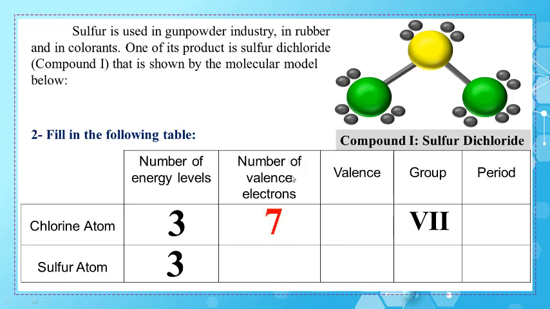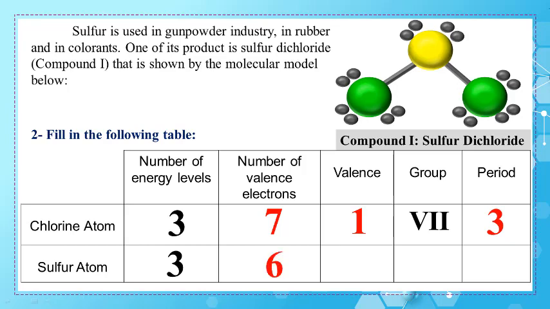The valence is the number of electrons needed to satisfy octet rule. The valence of chlorine is 1. The period is identified by the number of energy levels. Chlorine has 3 occupied energy levels, so it belongs to period 3. Similarly, sulfur atom has